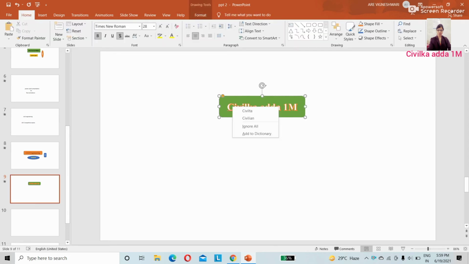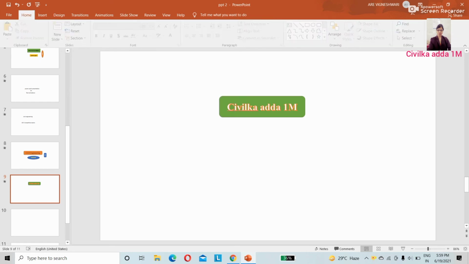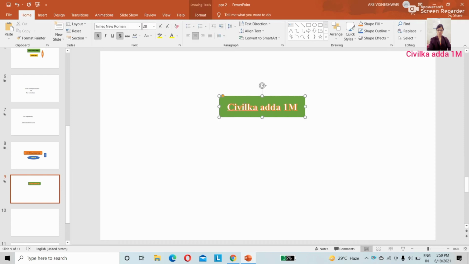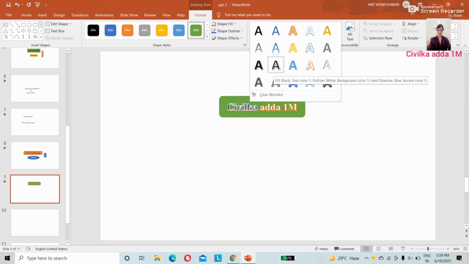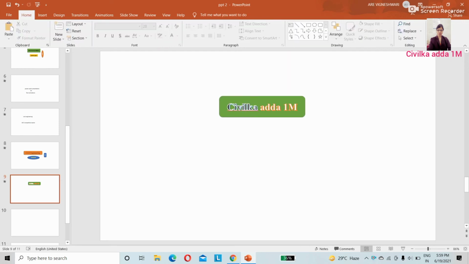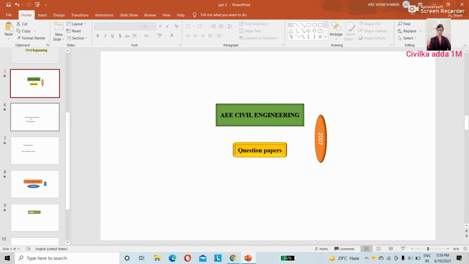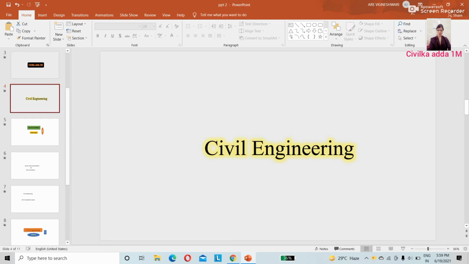So for format, if you want to enter anything, you can enter by using this option, format, and then selecting this. And I'll show how to do this, like how we can make a text to be reflected to some extent. Like that I will show now.